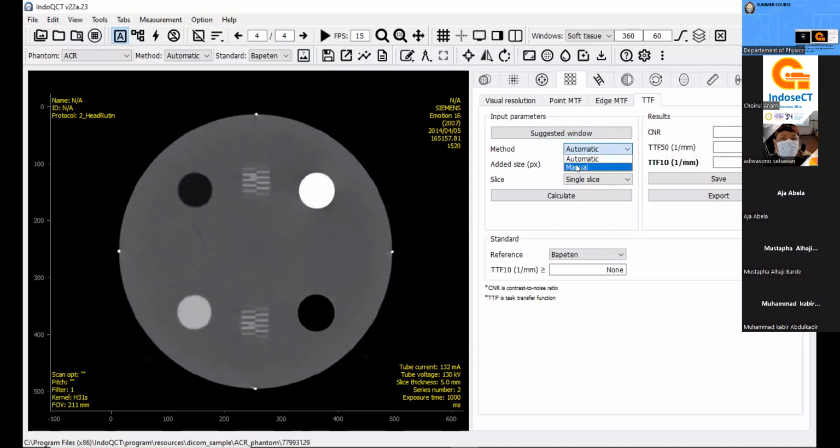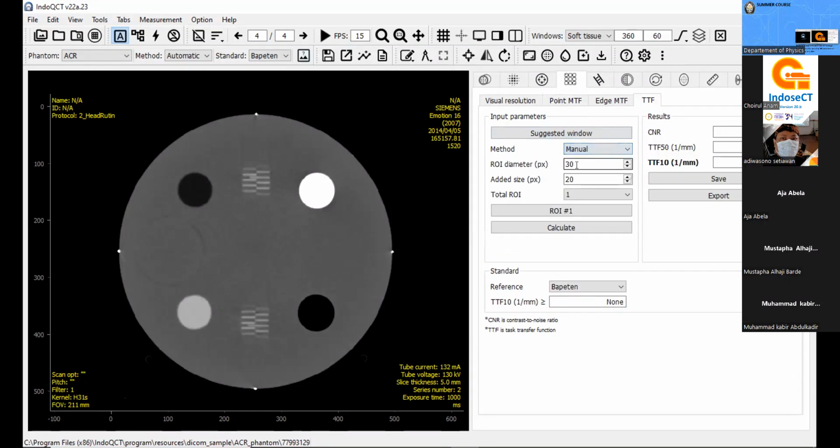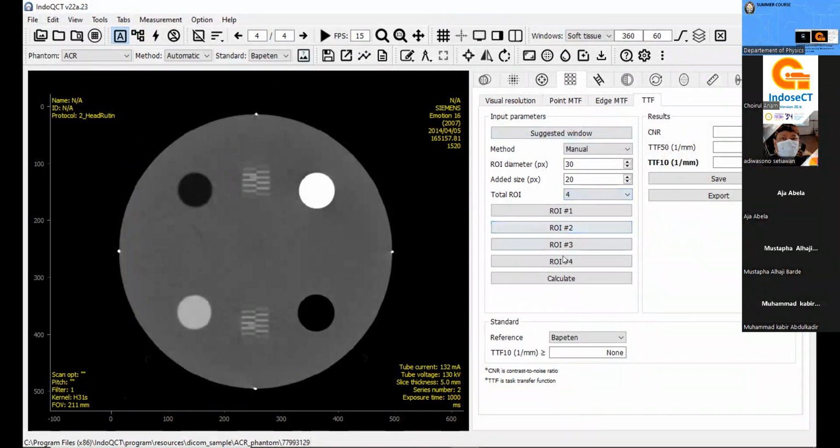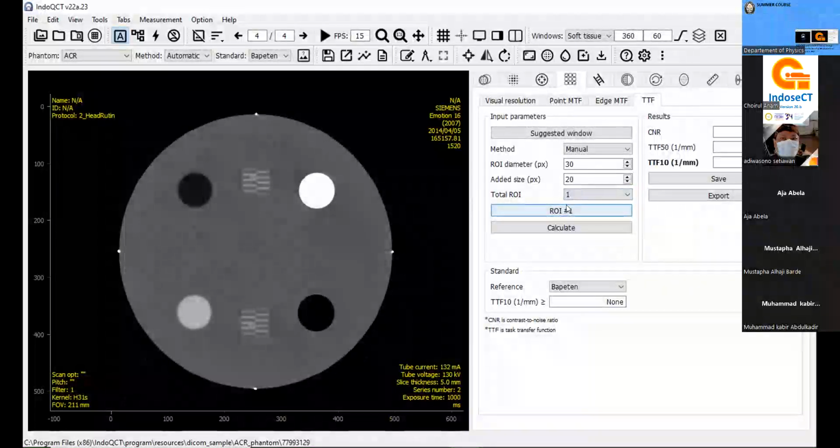We can use the manual. If we use the manual, we can set the number of ROIs. For example, there are 4 ROIs, and maybe we only want to measure 1, so we choose 1 like this, and then